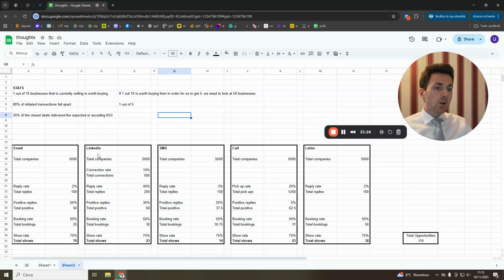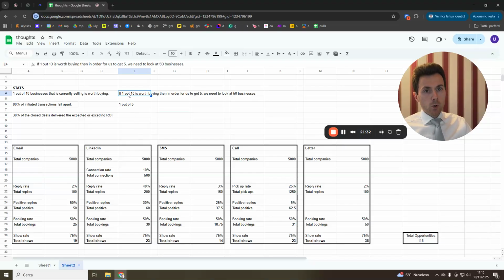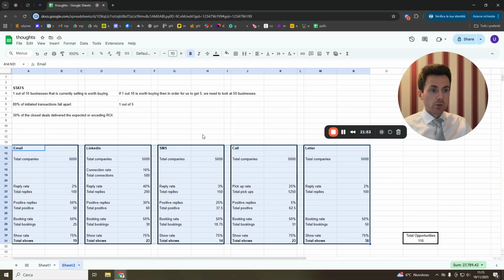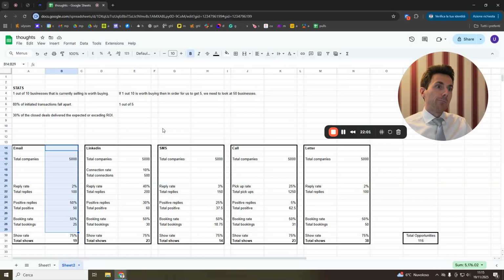And this is all to discuss results and expectations in terms of the process. Most people get disappointed when they don't get results in sourcing deals and closing one deal, and they feel that the process doesn't work for whatever reason, or they're doing something wrong. In most instances, the issues are, one, they might not be doing multi-channel outreach, so they're completely focused on one or two channels, so they're killing their chances of success, really. And two,